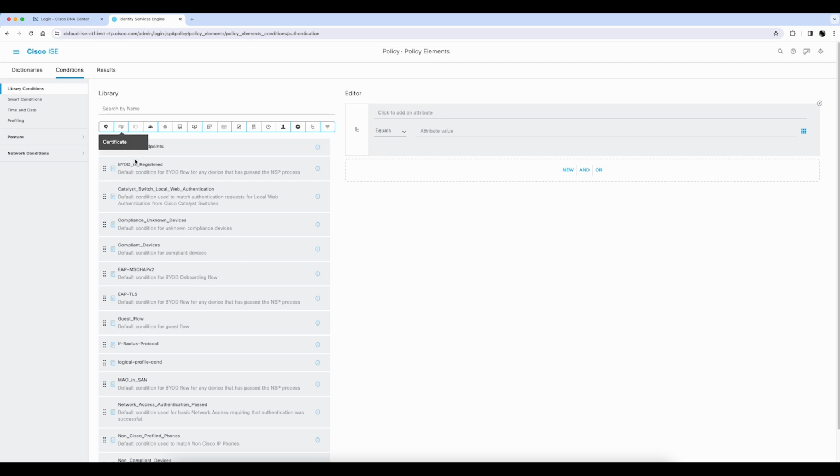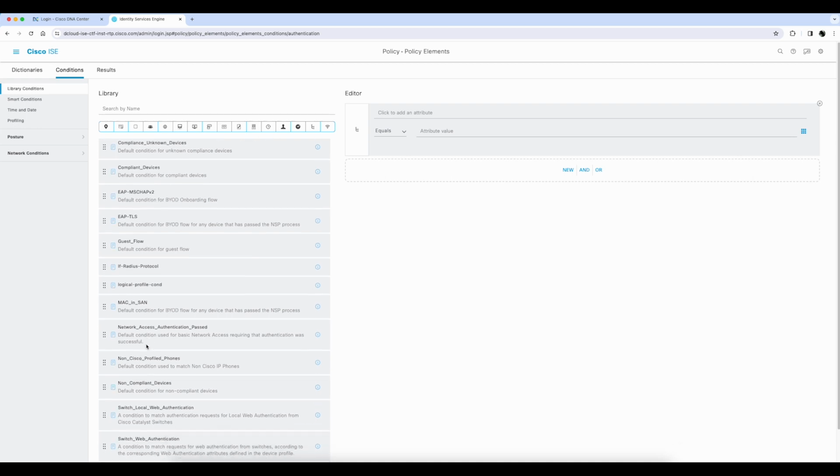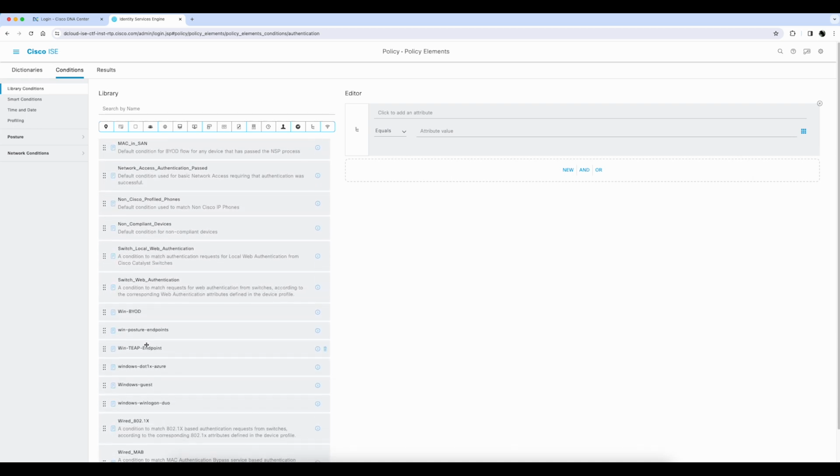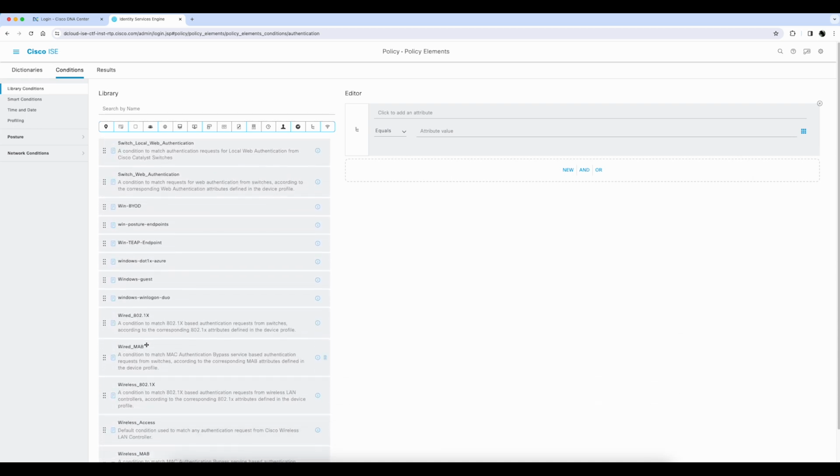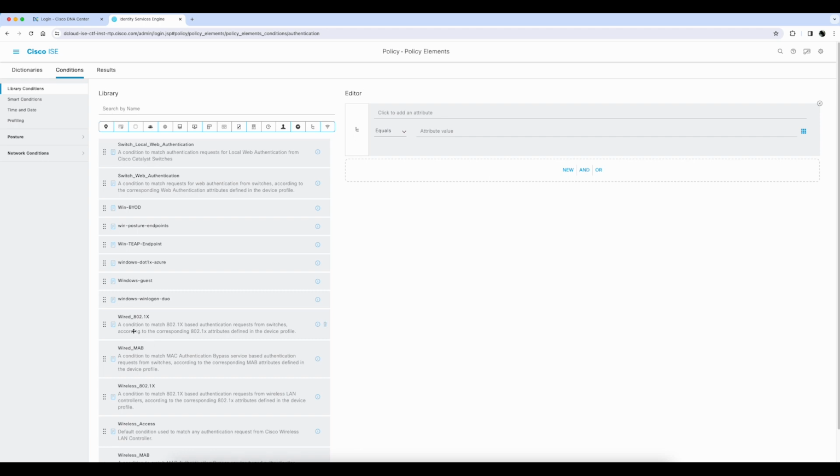And if we look at the multiple different authentication options, EAP, MS-CHAPv2, and then as we scroll down, we're able to look at what we discussed earlier, which was the wired side and the wireless side, and then being able to authenticate based on 802.1X and MAC Authentication Bypass, or MAB.